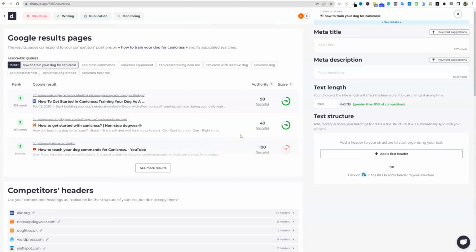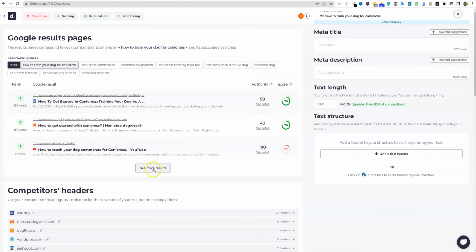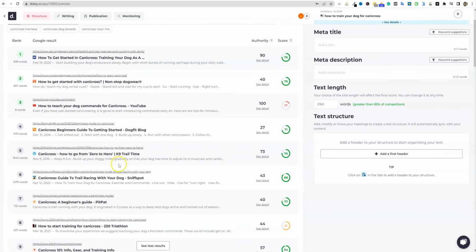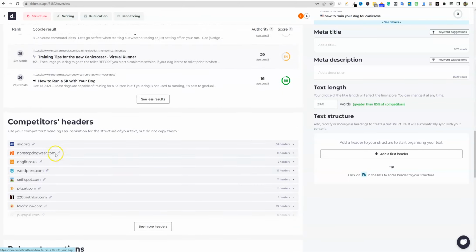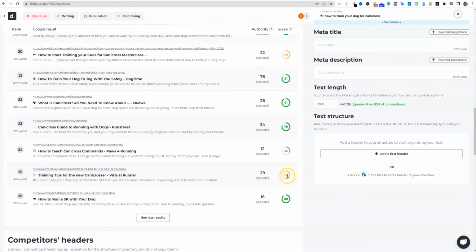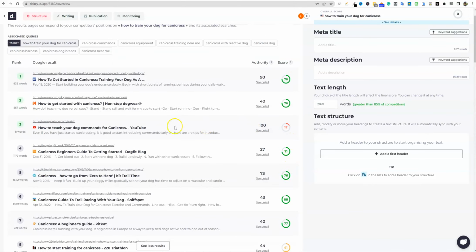It looks pretty clean. So it looks like you have your Google search results right here. Number 1, 2, 3. We can actually load more by showing more results right here. You can look at the top 10. It looks like it's showing us the top 26 results. And we can see what their scores are over here on the right-hand side. So we can see where the opportunity is.